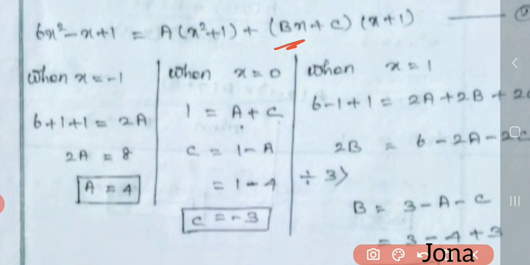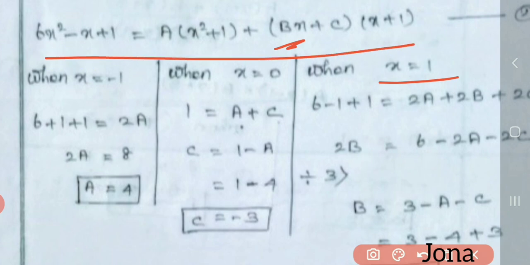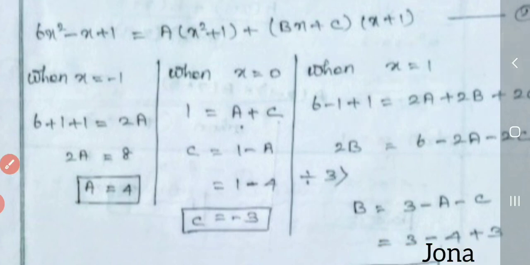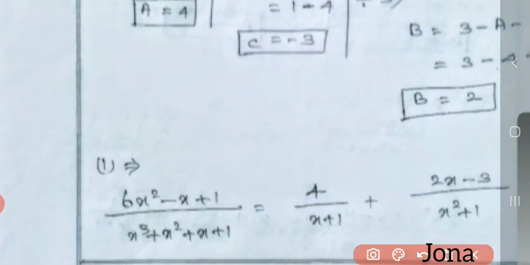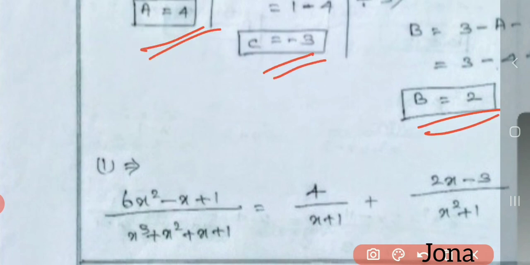So for this I want to substitute x equal to 1 in this equation. So again put this equation as x equal to 1. I got it like this, and then I have the values of a and c I found already. So for this a and c I substituted that value, so that I got the value like this. So now we got the value of b here, that is b equal to 2. So a is 4, b is 2, and c is minus 3.